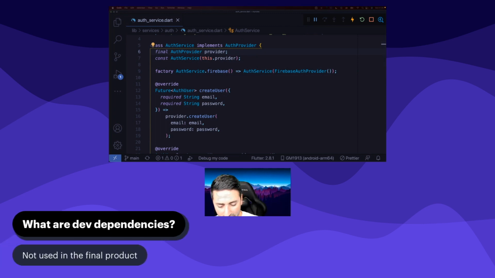The next thing that we need to talk about are dev dependencies. If you're coming from a Node background, if you work with Node.js or Express, you know already about NPM, which is the Node package manager, and you know what dev dependencies are in there. If you're coming from an iOS background, there isn't much of a dev dependency, to be honest with you, except when you're writing your tests, those test frameworks that you bring into your test target. They're inside their own target so that they're not shipped with the final product. If you're not coming from any of those backgrounds and you just want to know what dev dependencies are,